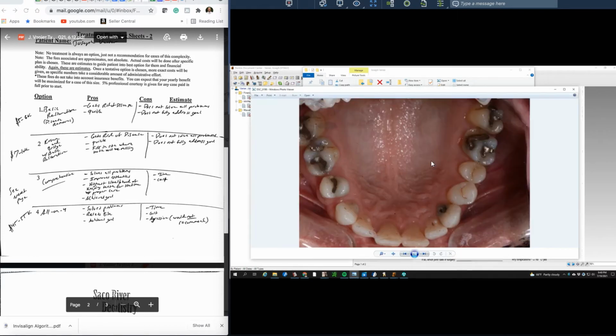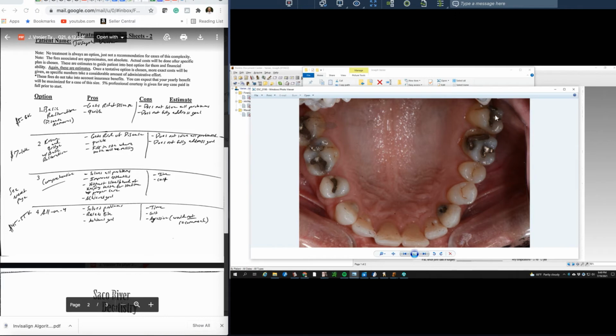Looking at this here, there's a lot to do. Replacing all of the amalgams, giving him something to close these two spaces here. You'd probably end up, or he'd end up spending more than $5 to $6 grand. I would say